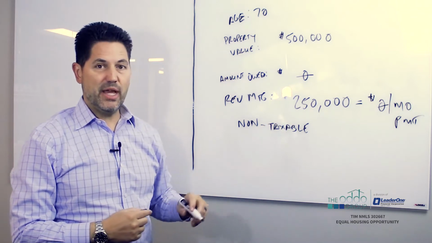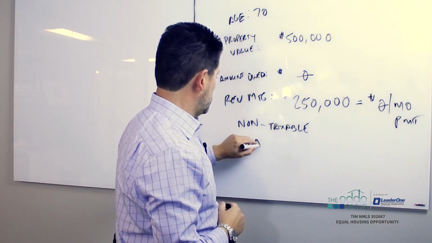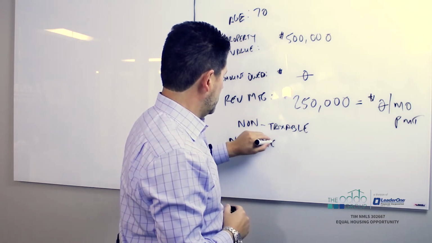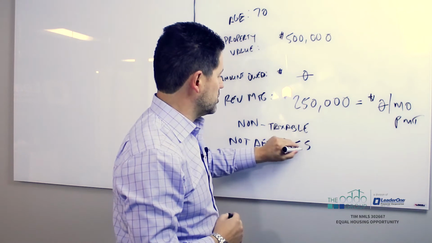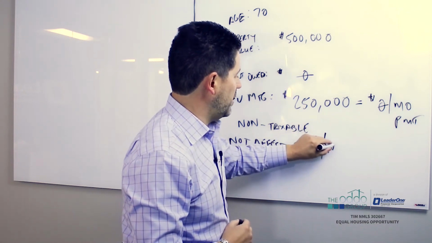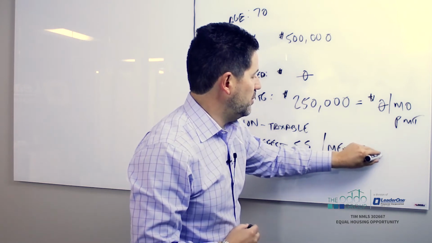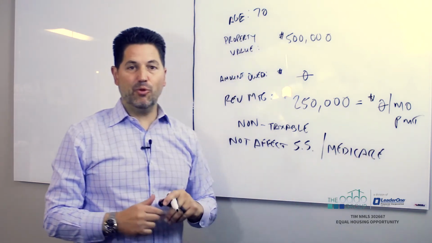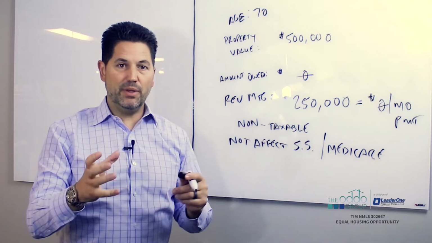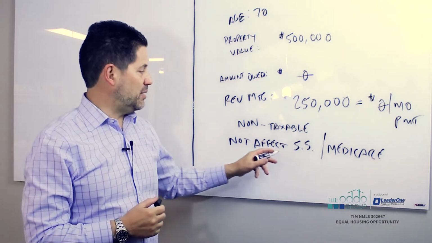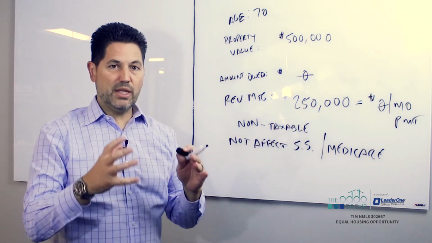Also, any monies that you take from this will not affect Social Security or Medicare, because again, it's not a taxable event, so it won't mess you up with Social Security and it won't mess you up with Medicare, okay? Now, it could mess you up with Medicaid. You have to be careful with Medicaid because you're only allowed a certain amount of money at the end of each month in your checking account with Medicaid, but with Medicare and Social Security, it won't affect that. So I want you to keep this in mind.